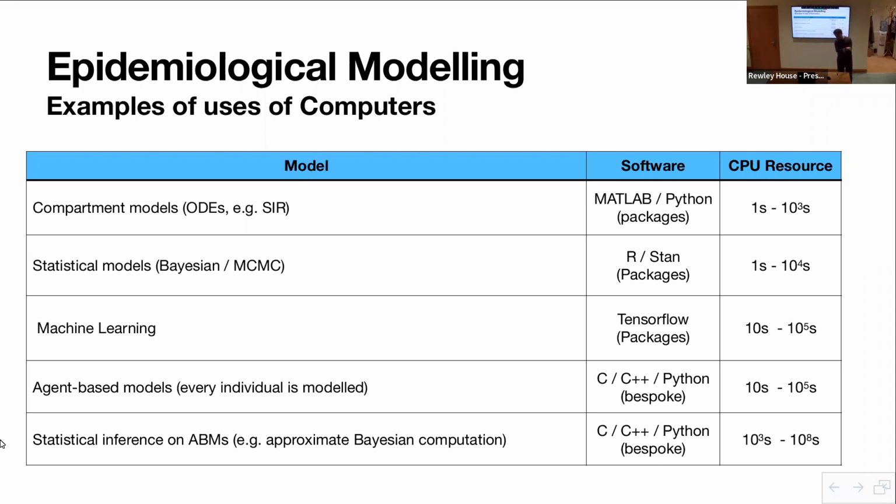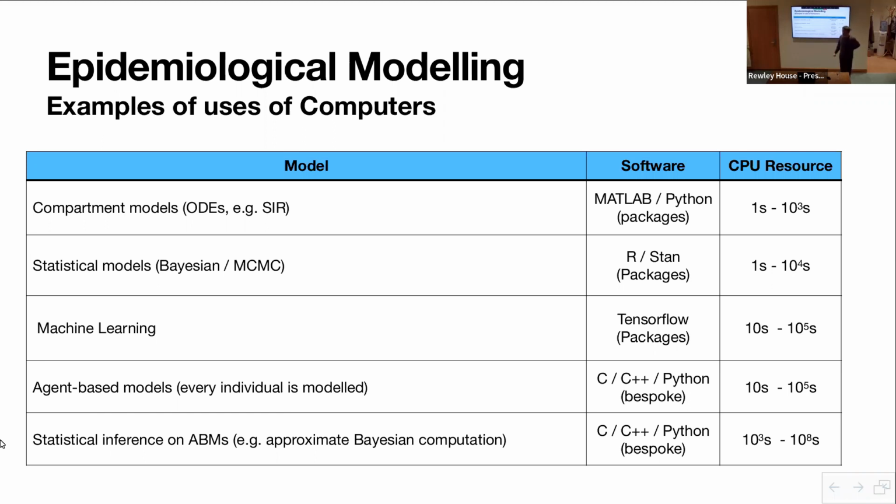However, the time when we use really huge amounts of computing power is when we do statistical inference on agent-based models. To do statistical inference on these mechanistic models, you normally use a technique called approximate Bayesian computation. Basically it means you need to simulate the model tens of thousands of times, or even hundreds of thousands of times, depending exactly what you're looking at. So these calculations can take from days to many years of computing time.